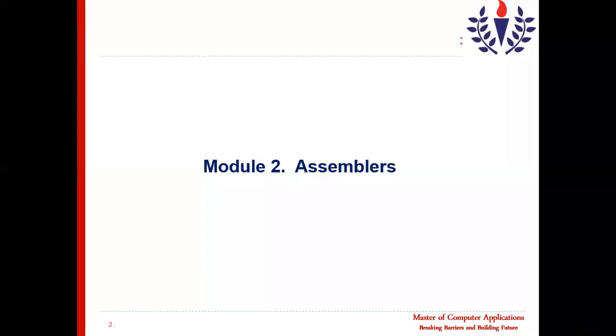Today we are going to start with the second module, and the first topic from the second module is machine independent assembler. That is assembler 2. Before that, you have discussed the machine dependent assembler. In that you have studied the instructions, the relocations, the addressing modes. Here we are going to discuss what the features of machine independent assemblers are.